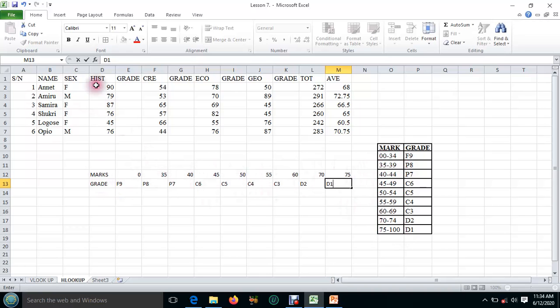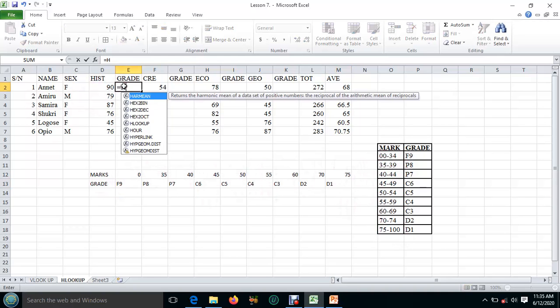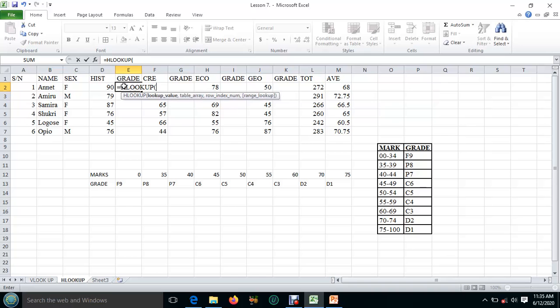Okay, then we can introduce in the gradings equal sign HLOOKUP, open your bracket. It will ask you for the lookup value. We are looking at this, comma, the table array. Our table array is here. We come and select it. You can see. Then we fix using $,